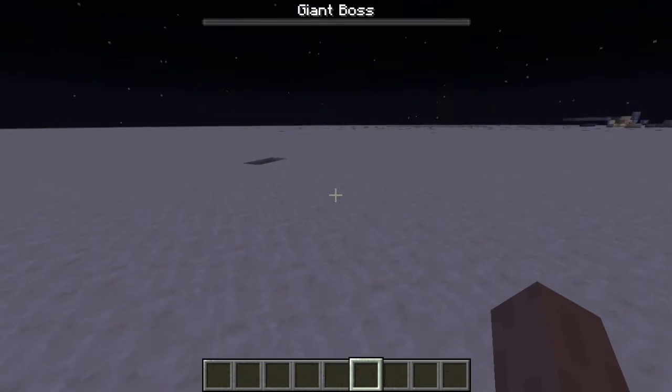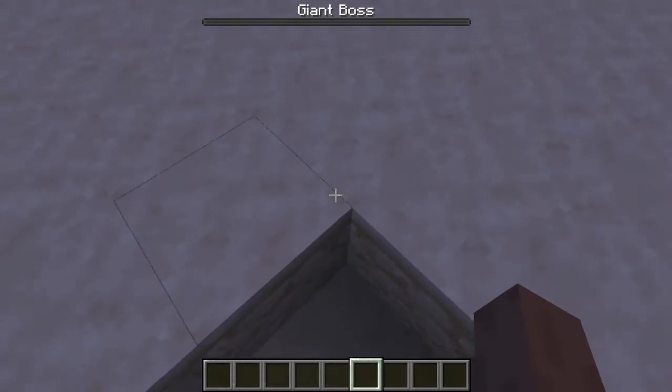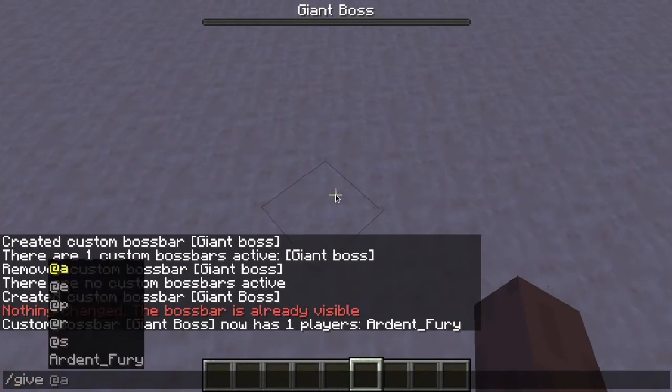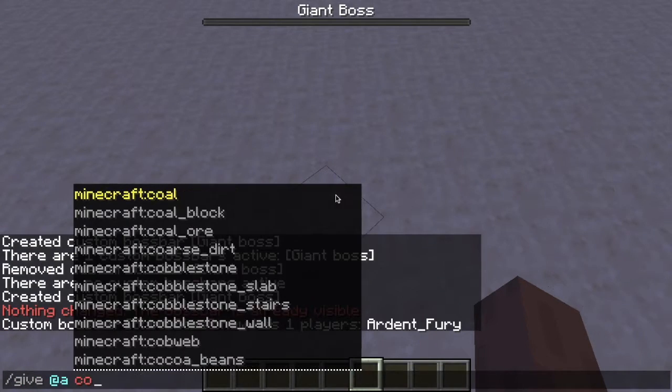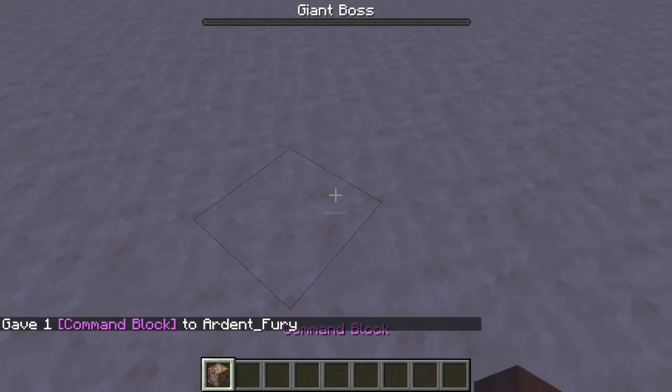You can just run, instead of having to have 3 commands and some redstone, you can just do something like